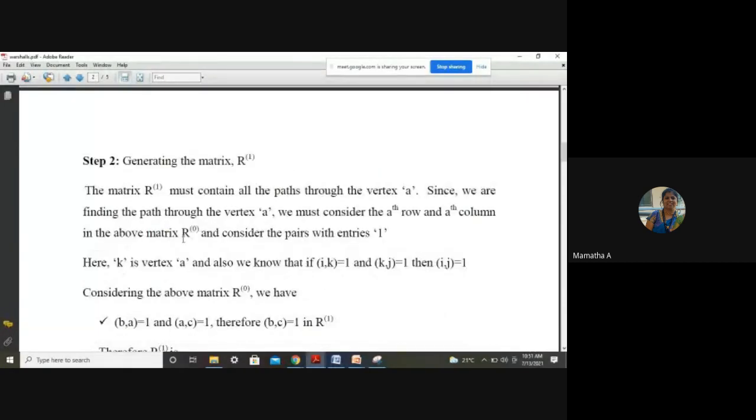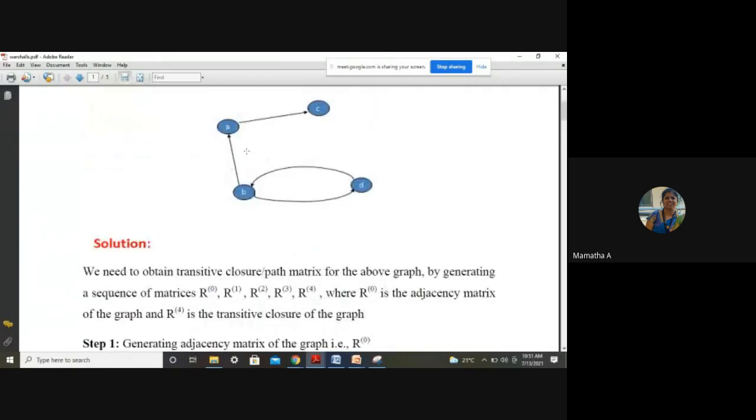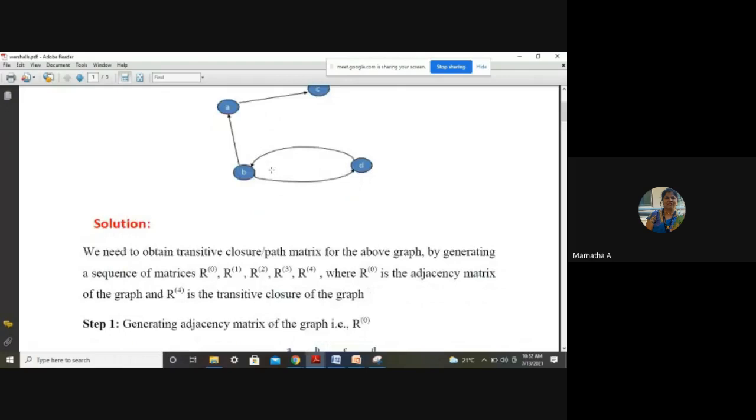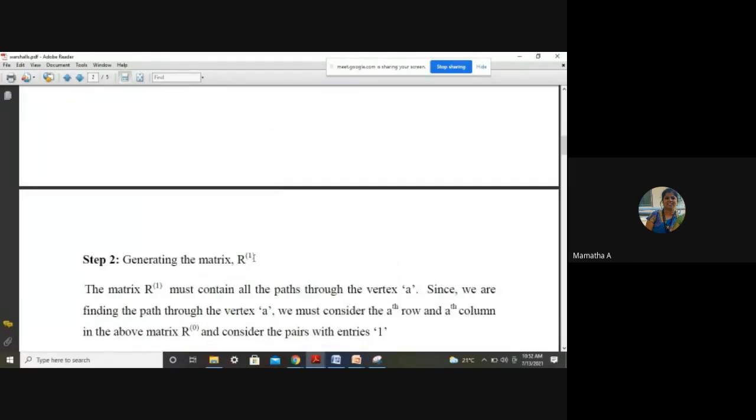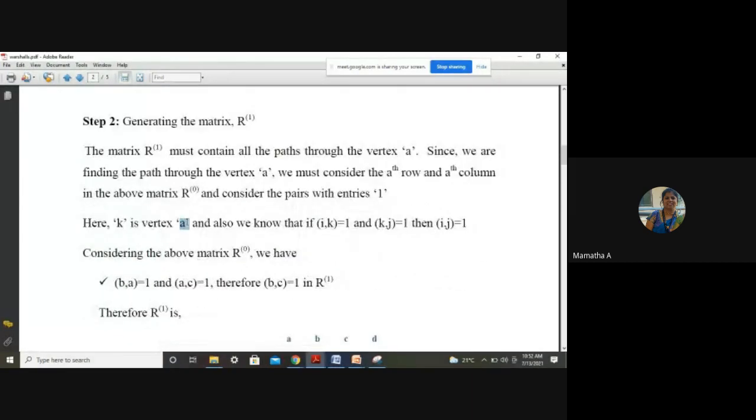Suppose your graph was having numbers, okay? So say it starts from 0, 1, 2, 3, like that, or 1, 2, 3, 4. So whichever is the first vertex, that will be your R1. I try to make you understand, students, right? If it's starting from 0, then K is the 0th vertex. The labeling I am talking about. If it is starting from 1, then K will be 1. Hope you are all understanding, students. Based on the numbering, that is your first vertex. Here A is my first vertex.